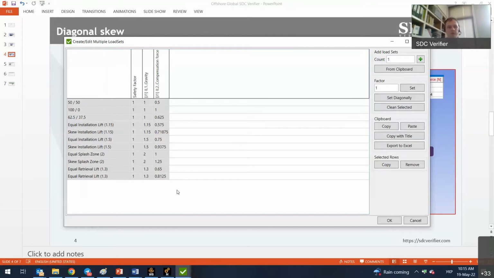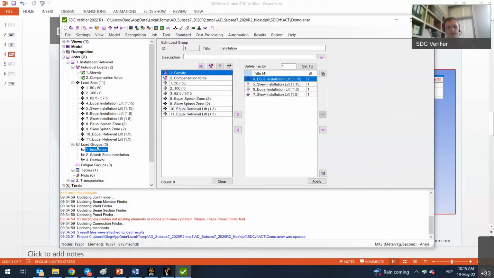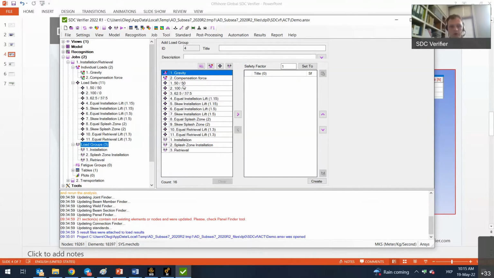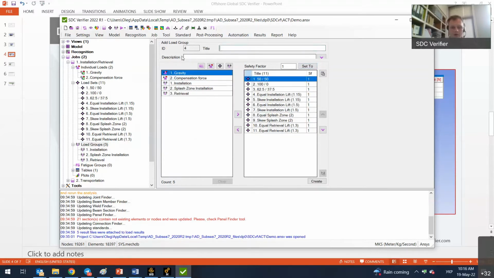So basically I have multiple cases, multiple combinations, where I'm allowing the equal and unequal lifting with different factors. Then I grouped these factors into three conditions, into three groups. In the first group, I have all the installation loads, so with factors 1.15 and 1.5, and then I grouped together the splash zone, and I grouped together the retrieval, and maybe we would like to have another group where we include everything all together and call it overall